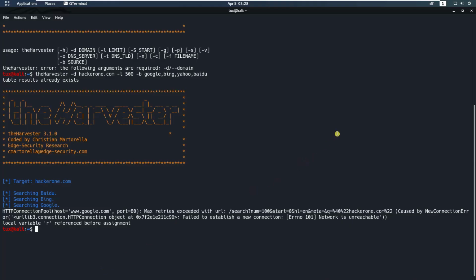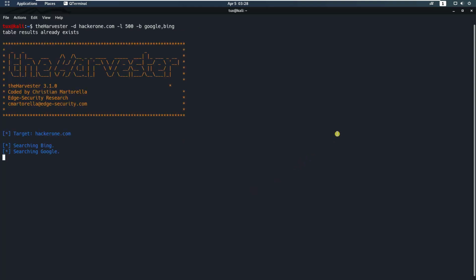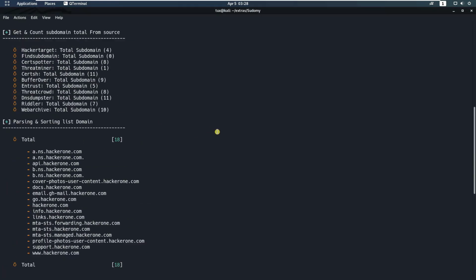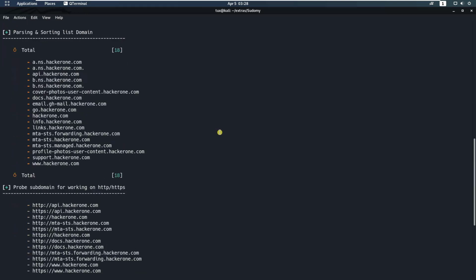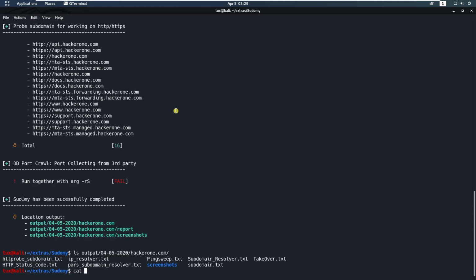I think I have a problem with this, so maybe I'll just use Google to make it faster. Just put it as Google and Bing. And notice that from here, we can refer to, for example, Sudomi gave me a lot of information. If you want to see the folder, you go to the ls output, then 04, then hacker1, and you can cat http probe